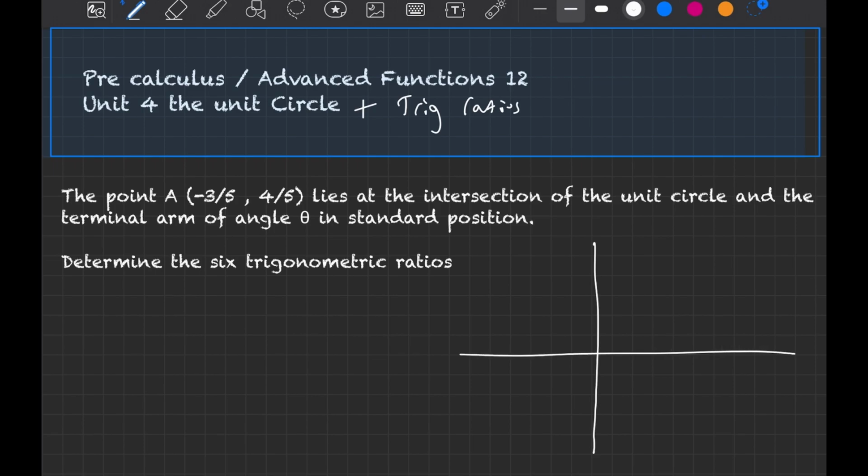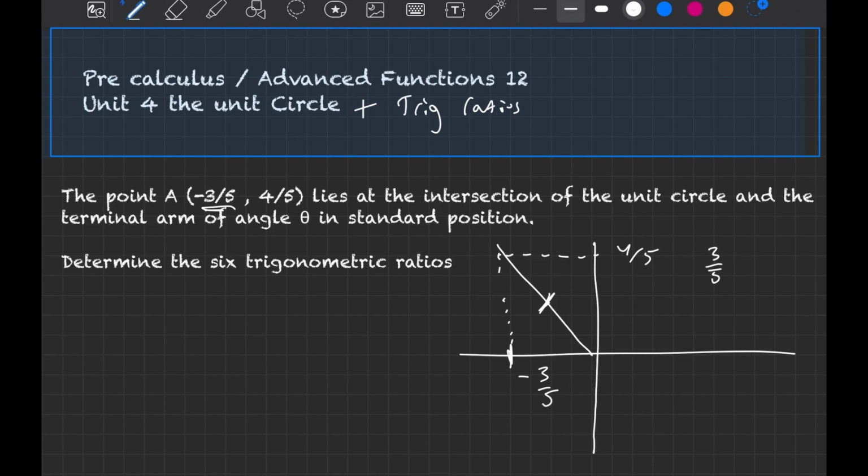in quadrant 2 with the x value being negative 3 over 5. So that's here. And then the y value being 4 over 5. So that's here. So now, if we want to solve for the hypotenuse, so that's this, we can go like